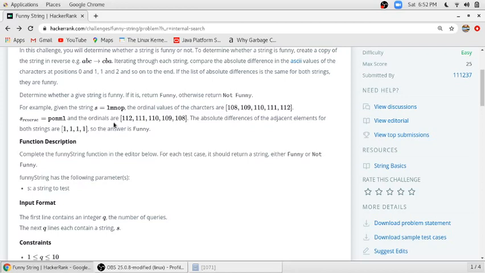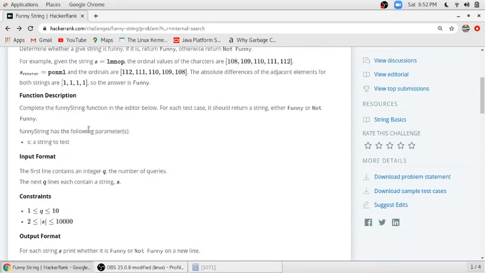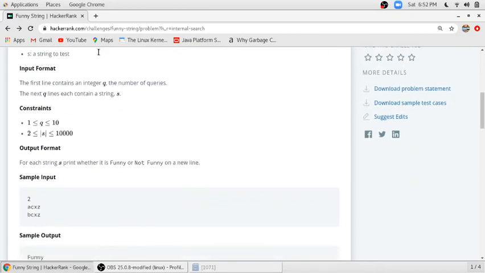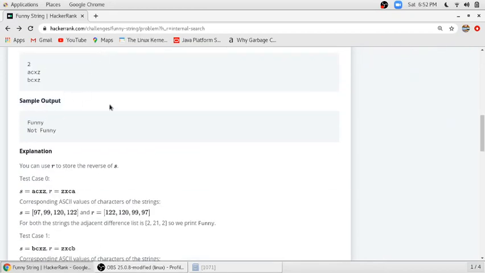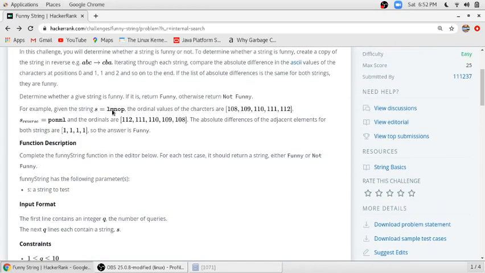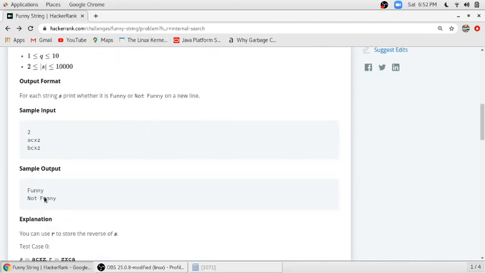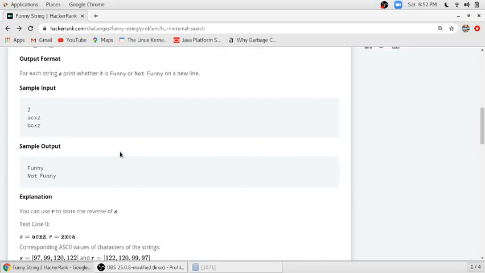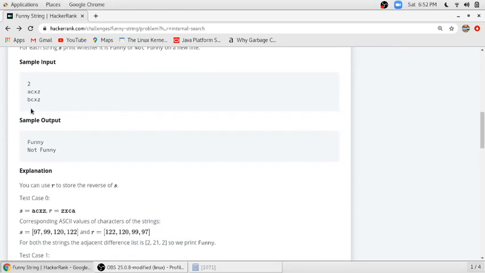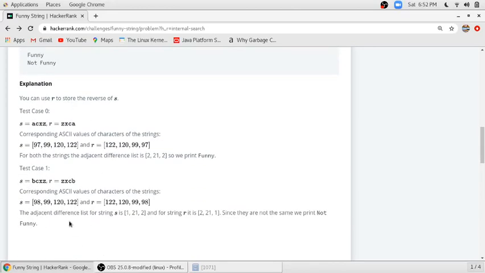The ASCII value of P is 112, then 111, 110, 109, 108 for the respective characters, and this difference is also 1 1 1 1. So for this condition we have to return the string Funny, and when the difference of the given string is not equal to the difference of the reverse string, then we have to return Not Funny. So this is the problem, and they have given a sample input also where the first string is funny and the second string is not funny, and the explanation is also given here.